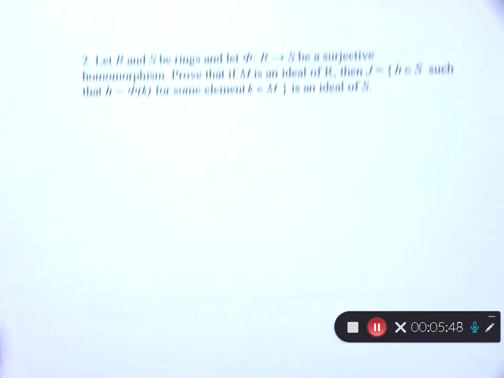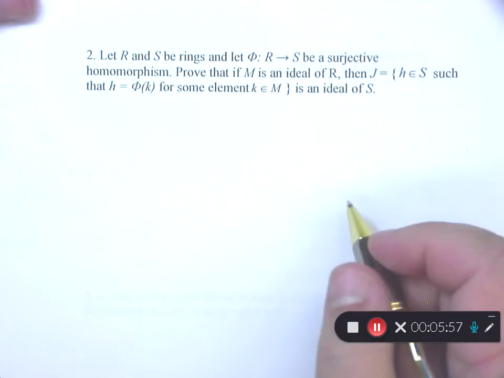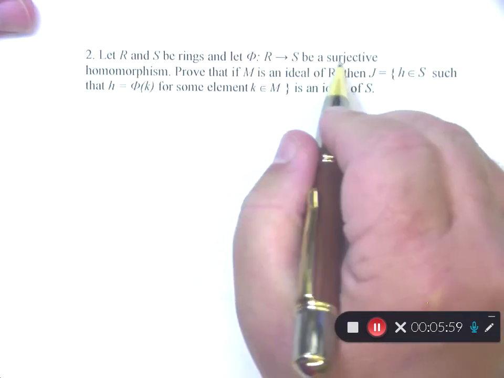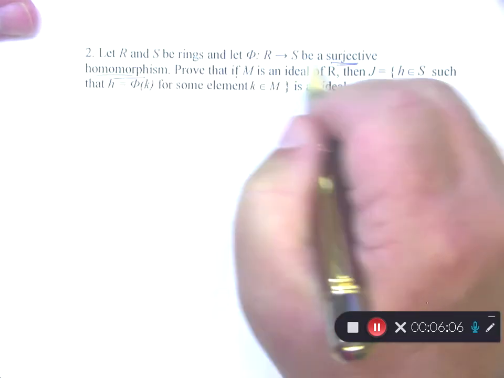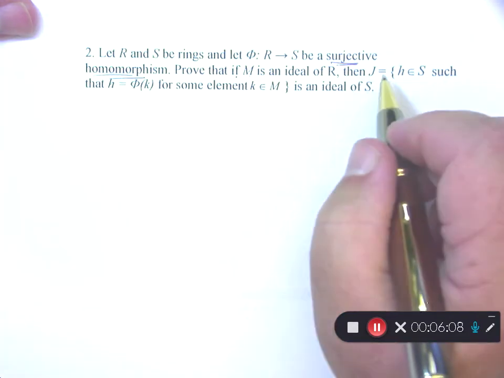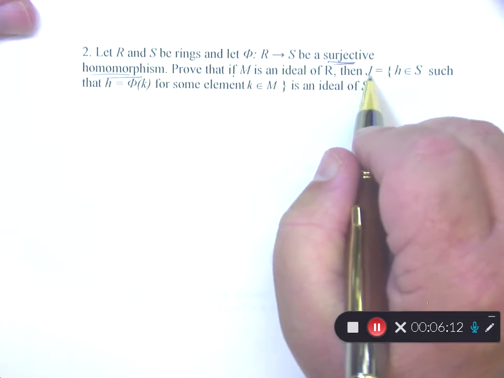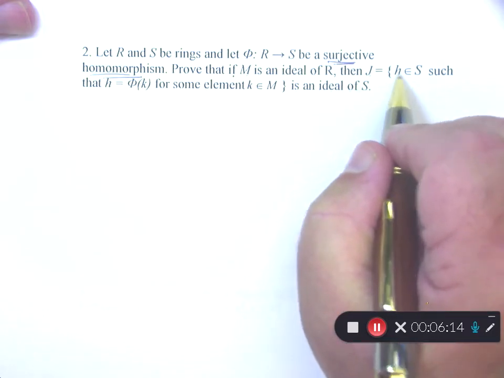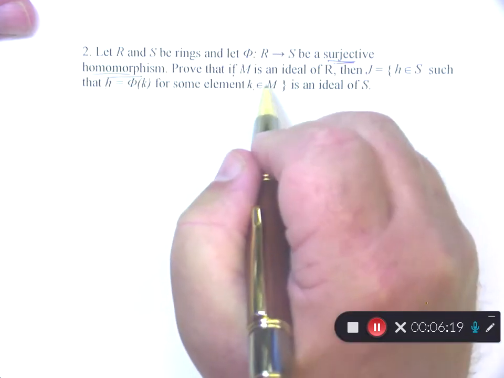Here's another problem in section 6.2 that I did, but I did it the other direction. Let's pay attention to what this problem asks for. It says that R and S are rings and phi is a surjective homomorphism. Given an ideal M of R, I want you to prove that J, which by definition is all the elements H in S such that H is equal to phi of K for some K in M,